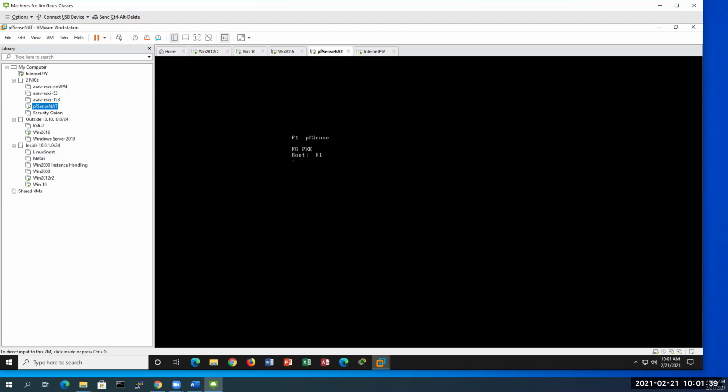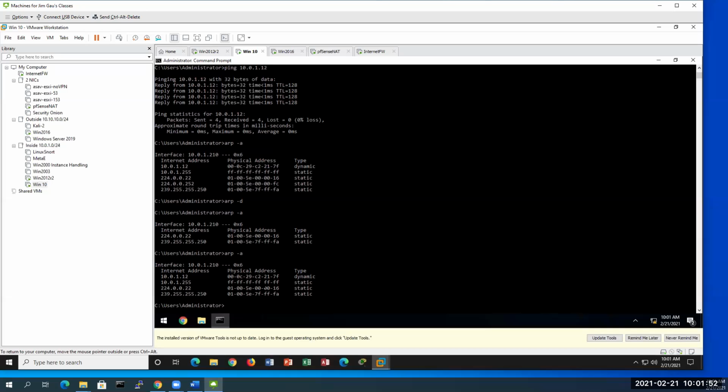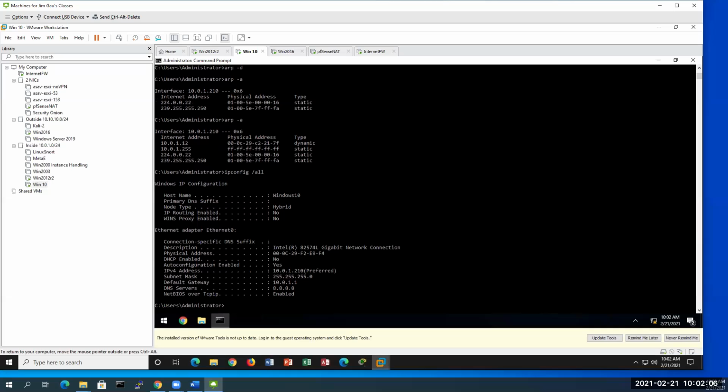Now we're going to go to Windows 10. At this time, while it's booting up, we go to Windows 10. And if you do another ARP -A, you're going to see that, hey, I do have Windows 2012. Yeah, Windows 2012 is actually 21.7F. And if you want to check your own MAC address, you can do ipconfig /all. So if you do that, you can see that, hey, my MAC address here, yeah, F2E9F4, which is exactly the correct one, right? So this one will be used